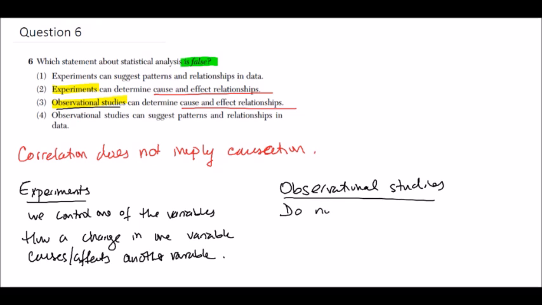we do not control the variables, and we just observe how things change, either over time or over some other factor changing on its own, and those cannot determine cause and effect relationships. Now, if you have had any course in statistics, you have likely heard this example. The example is commonly cited in intro to stats and intro to psychology courses, and that is the correlation between